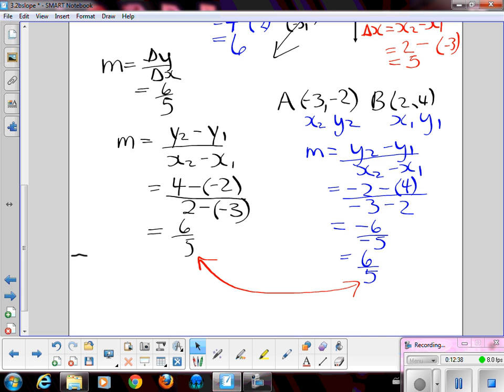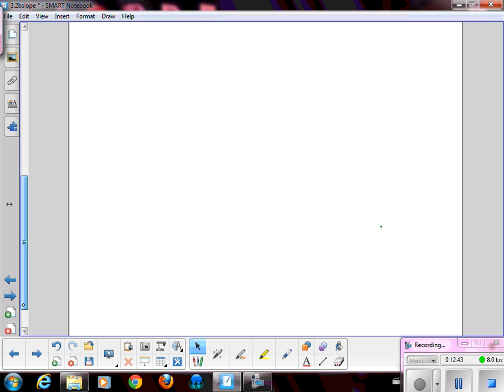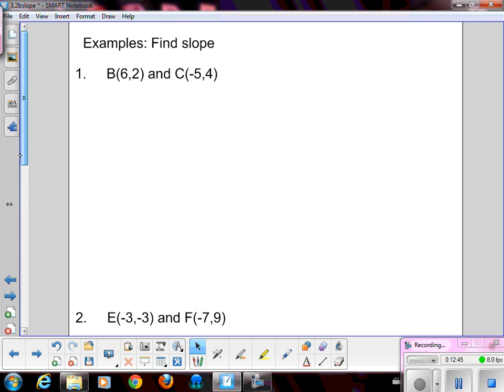Okay, so let's go and do lots of questions. So I have here, I guess just 2 questions here and then a worksheet and some work from the textbook. So let's try this again. So it says find the slope. So it doesn't matter which one I choose. I'm going to say this is x1, y1, x2, y2. I'm going to copy down my formula. My formula is slope equals